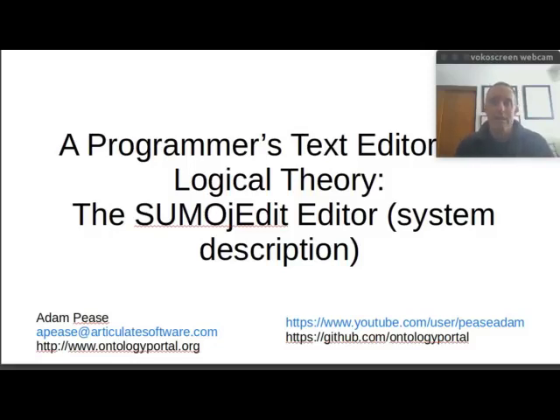Hello, I'm Adam Pease, and today I'm going to talk about a programmer's text editor for a logical theory, which I've called the SUMOjEdit editor. Everything that I've done here is open source, all reachable from ontologyportal.org or from GitHub, and I also